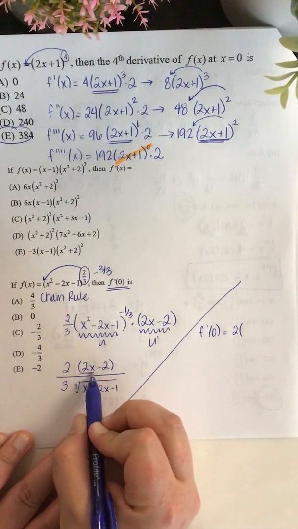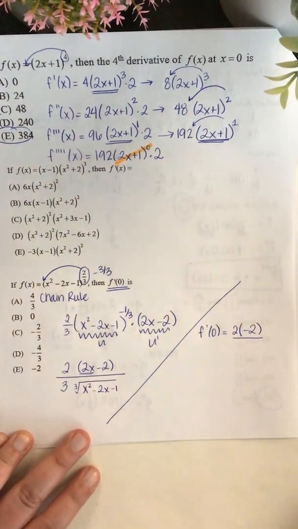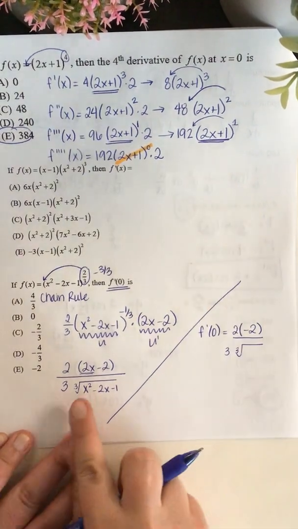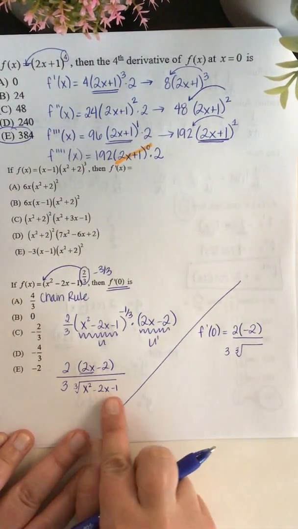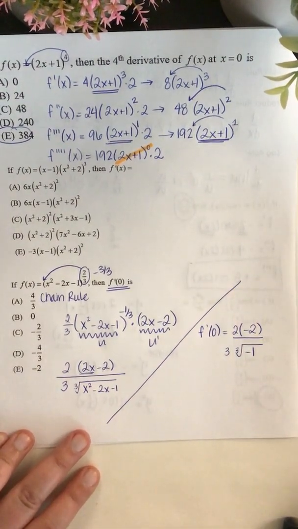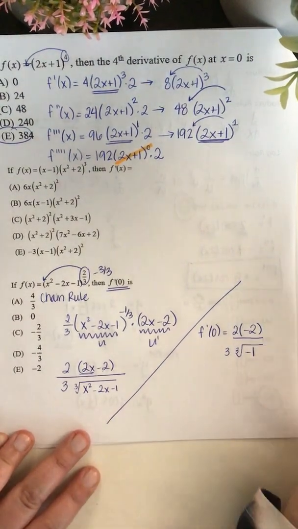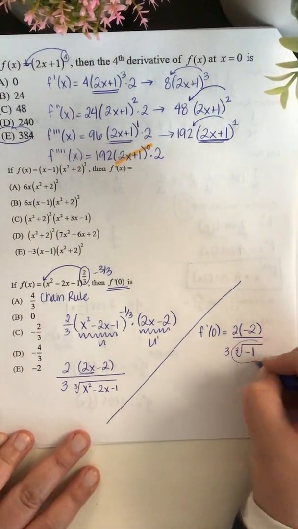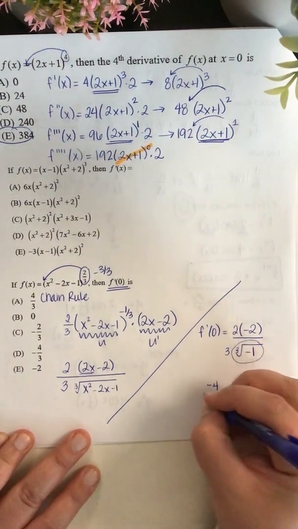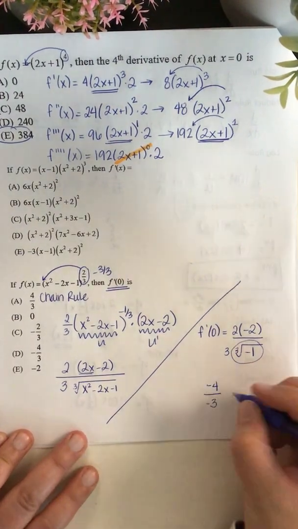is 0, minus 2 is just negative 2. And then on bottom, I have my 3 in the front, cubic root. And then this is 0 minus 1. Can you take the cubic root of a negative? Yes. What can you not take? Square root, you can't, but you can cubic root. What's the cubic root of negative 1? Negative 1. So I have 2 times negative 2 is negative 4 on top. 3 times negative 1 is negative 3 on bottom, which is going to reduce to